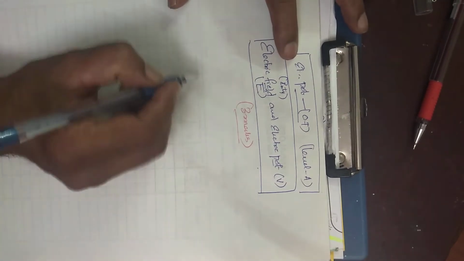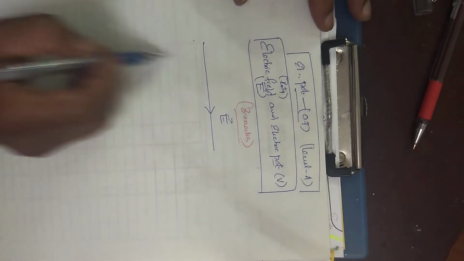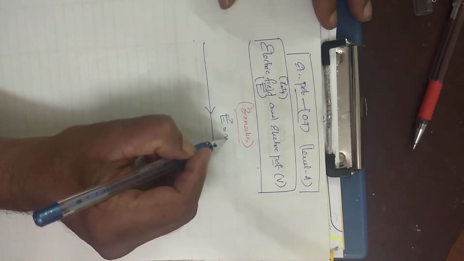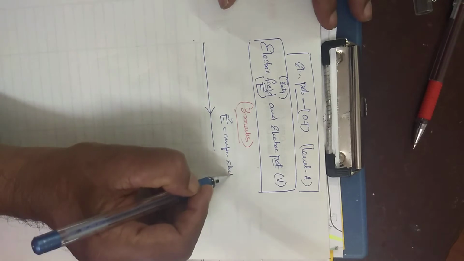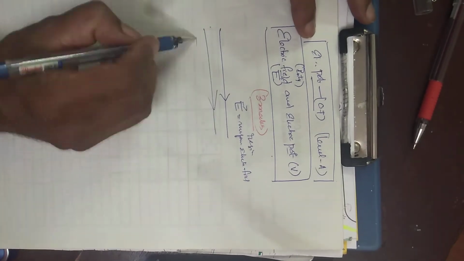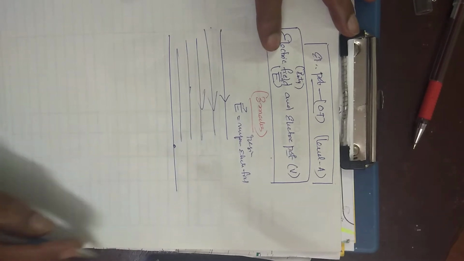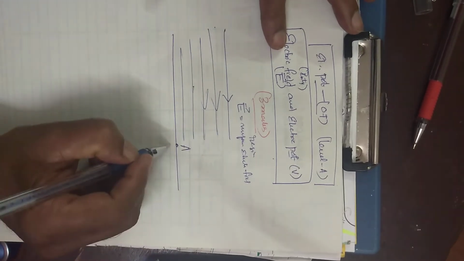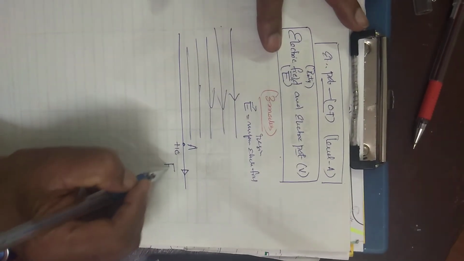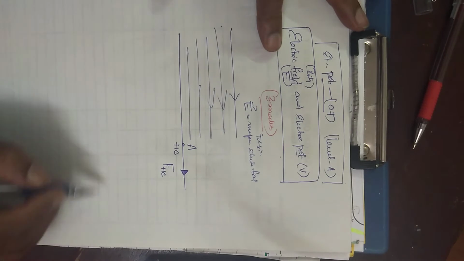What is the topic? Consider a region of electric field. E is a region of electric field. It may be that the electric field is due to some big charges there, or in one direction, a uniform electric field. Now take one particular point P. This is A. At this point, if you keep a unit positive charge, what will happen? It experiences a force. This is the force acting on a unit positive charge.